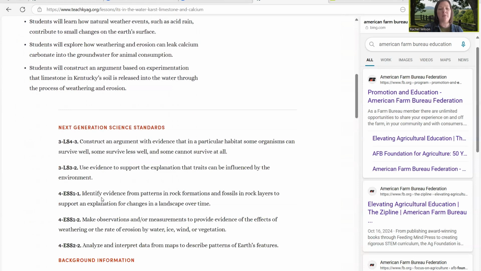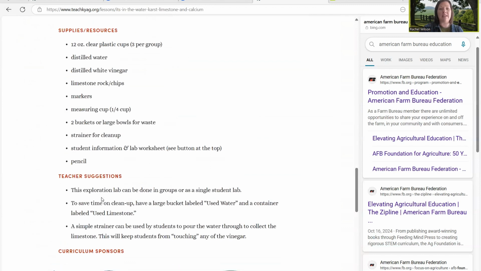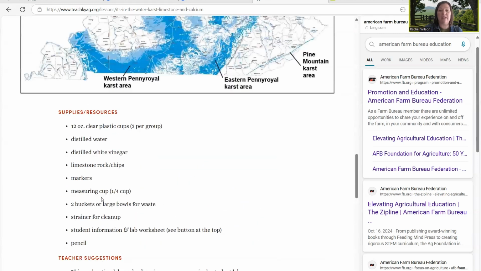So this one's really fun because you are actually going to get some distilled vinegar and some distilled water and you're going to put that on some limestone and see the bubbles that are occurring from that, kind of a look at all that limestone that gets into the water and then how the horses ingest that. So this is a really great lesson, very hands-on, again, something visual for the kids to look at,